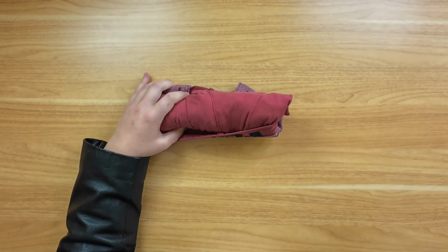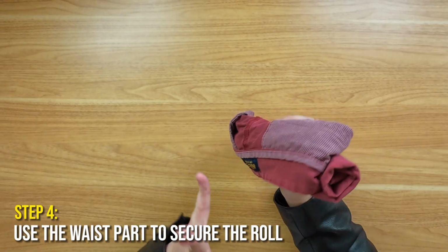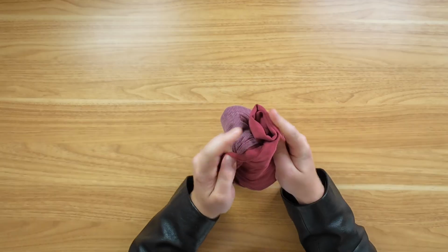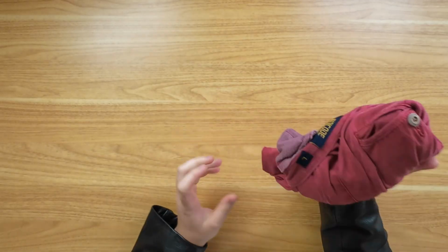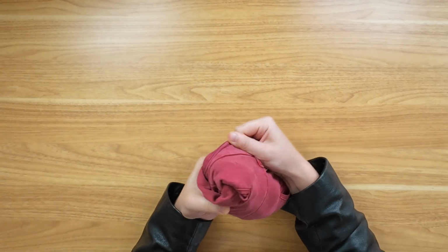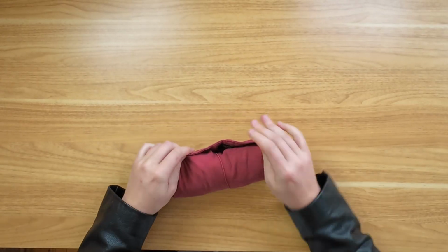Anyway, at this point, we're going to lift up the roll here. And we're going to slowly but surely pry this first section that we flipped inside out over the roll. So this is where you often go wrong with this, especially if it's your first time. So if you do one side first, and then repeat on the other side there. You get this beautiful looking pair of shorts that's going to wrinkle up a little bit, so don't do this on your nice linen shorts. And you can stick your thumbs inside a little bit and even it out, give it a little bit of Norwegian massage there. Anyway, super space